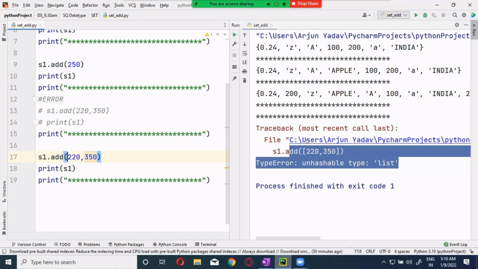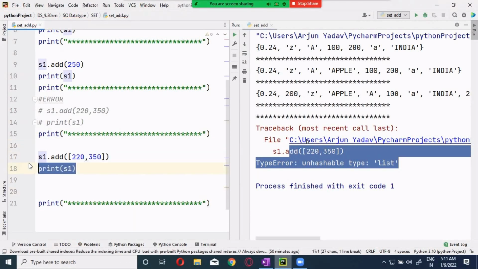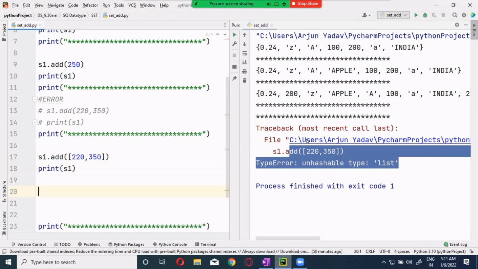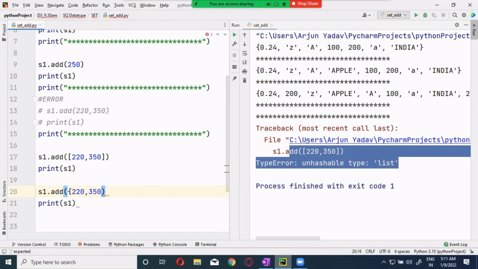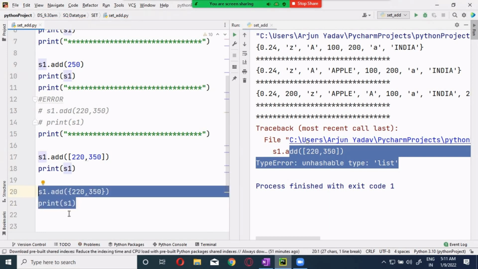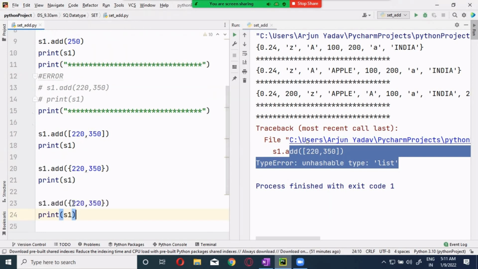It is difficult for me to put down all these things in that. So whenever you are entering over here, now this one is an error. I'm going to put down over here so that it is easy for you to understand. This is an error. And this one is also an error. This one is also an error. Now, this one is okay. The last one is okay. This one is okay, folks.